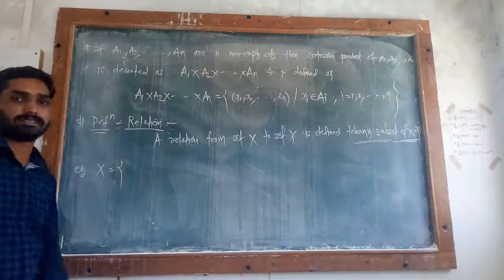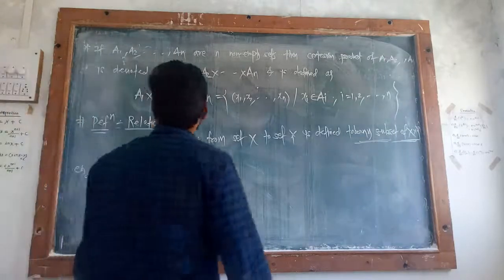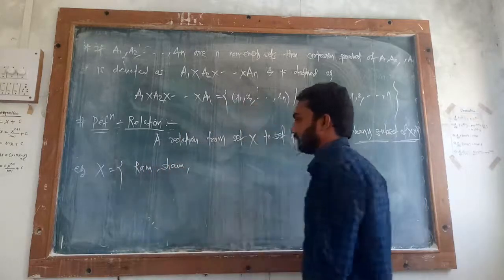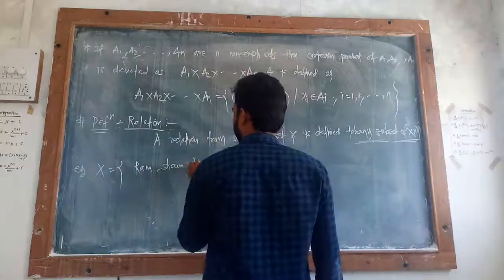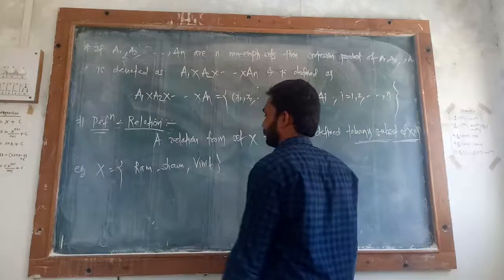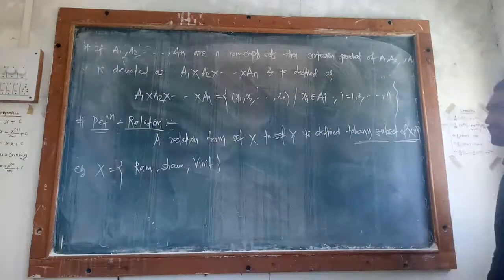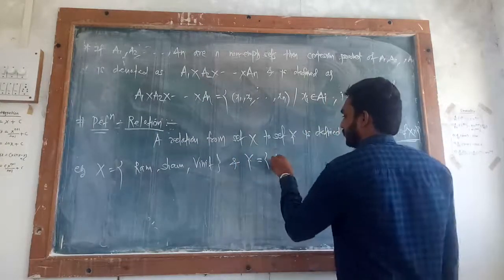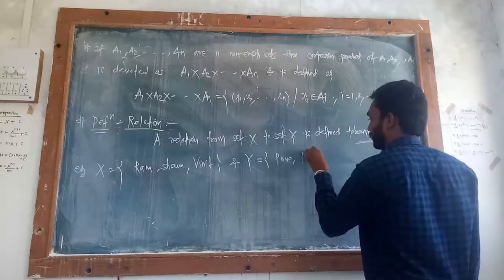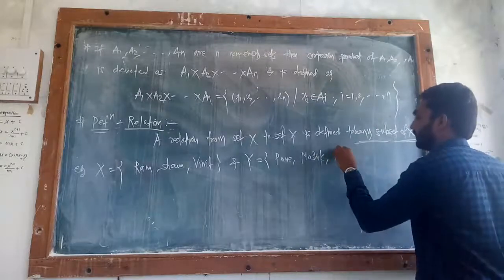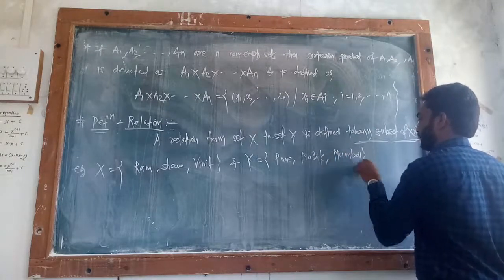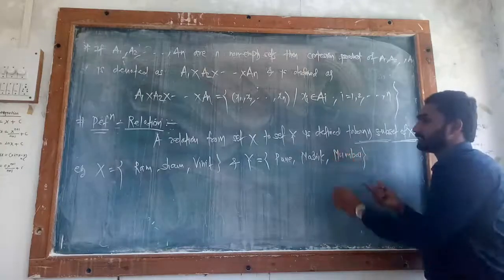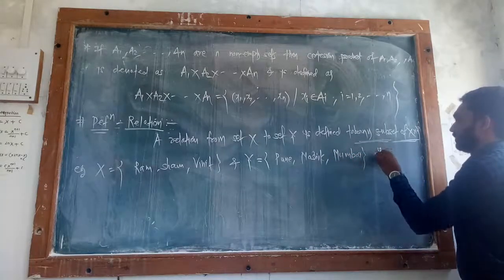If your set X contains people whose names are Ram, Shyam and Vinit, and if your set Y contains the cities Pune, Nasik and Mumbai, where these three people live, then